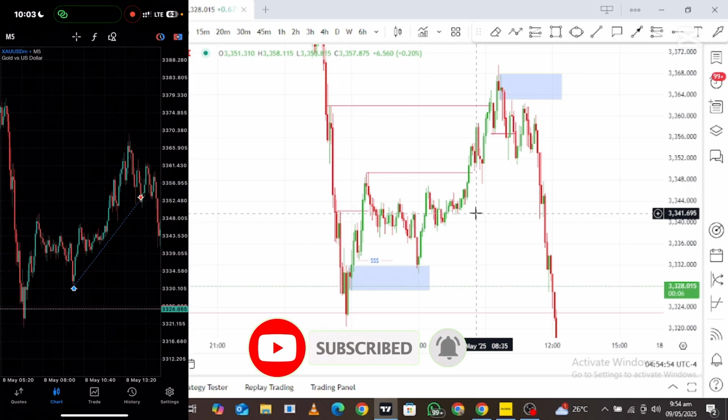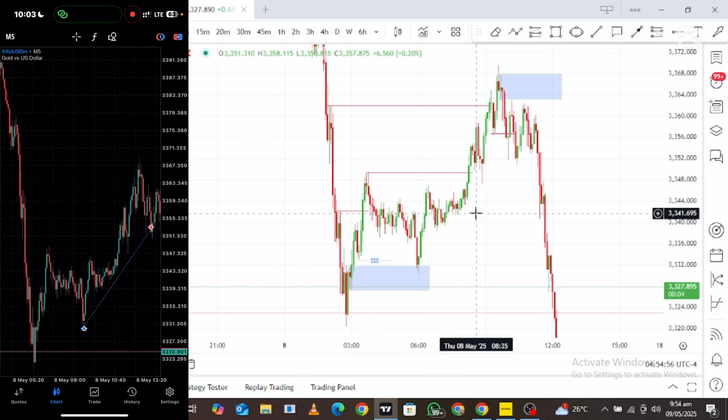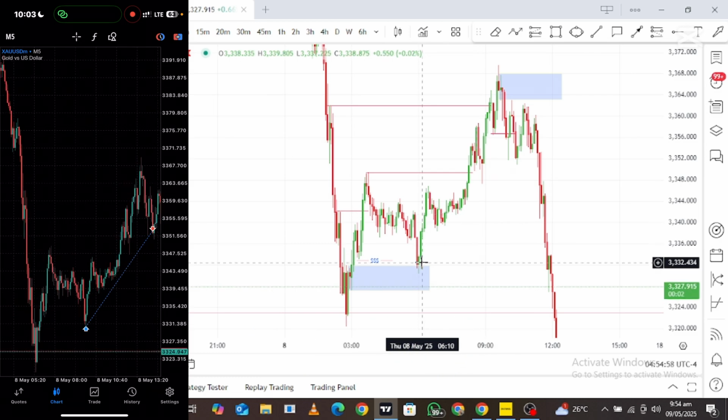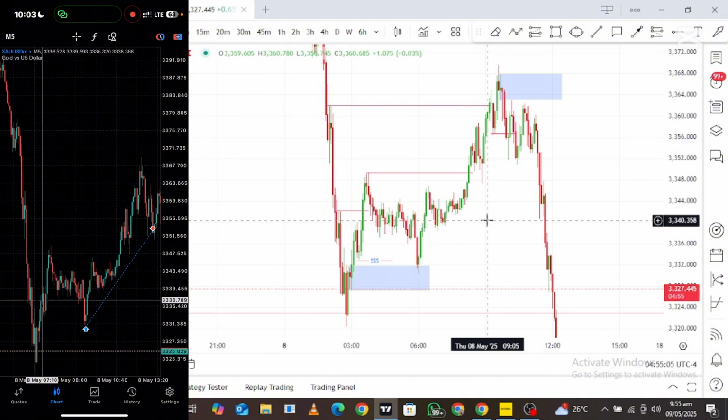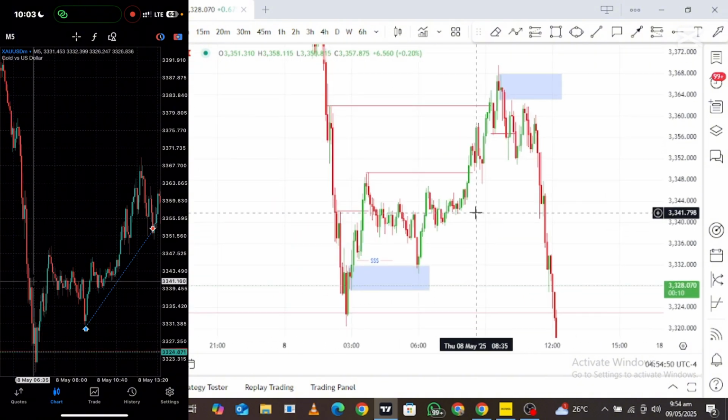So you can see this is where I enter into the market right here. And then price ended up taking out this particular high. Price is not going to respect this particular low, because it's this other block right here, because it ended up breaking only one high. So price is going to respect the other block below it.